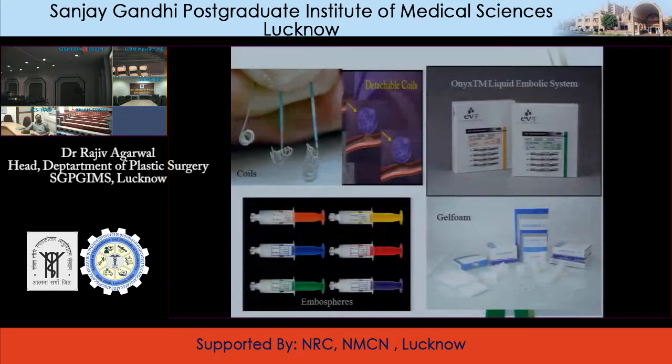Now these are the diagrams and the different agents which are there. This is how a coil looks. This is the liquid embolic system. These are the gel foams, which are very frequently used in many centers, and also the embospheres. It all depends upon the indications of a particular malformation, and on the choice and comfort level of the radiologist as to which agent to use for these embolization